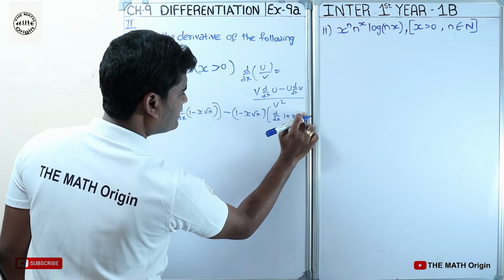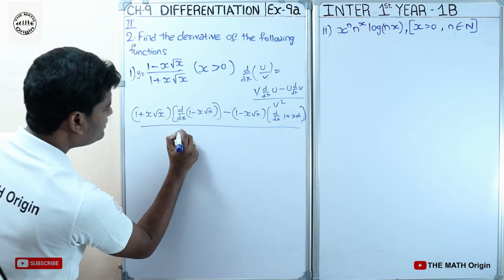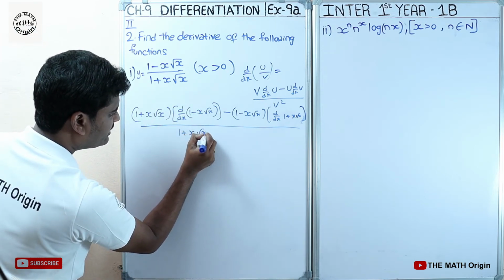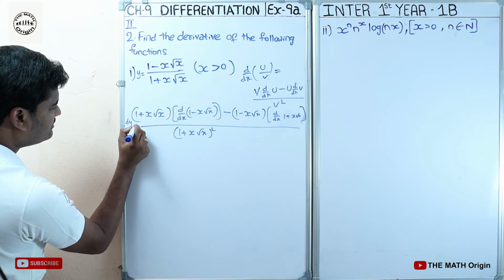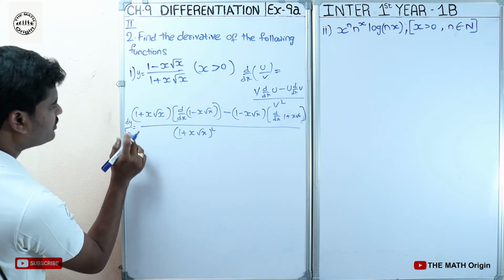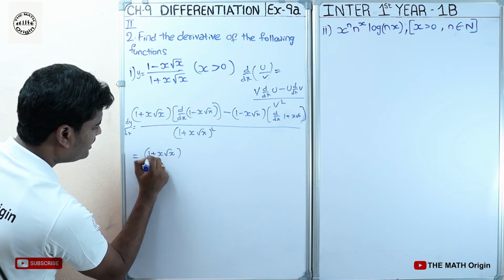Okay, 1 plus x root x whole divided by v square means 1 plus x root x whole square. This is dy by dx is equal to 1 plus x root x into d by